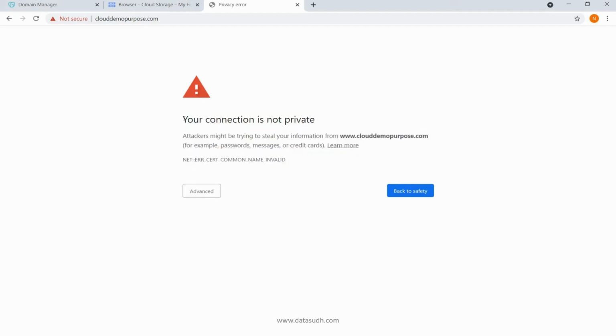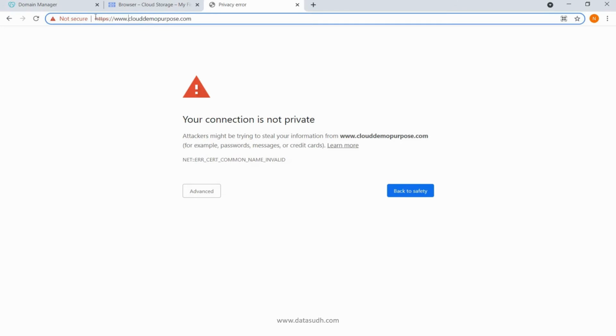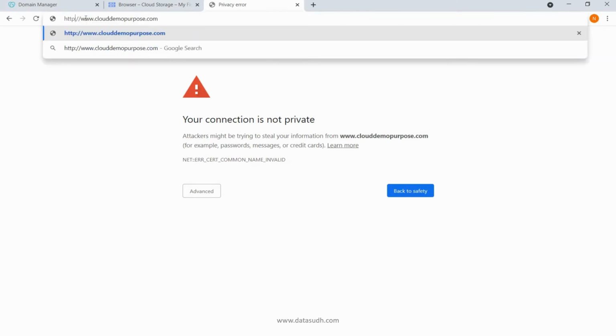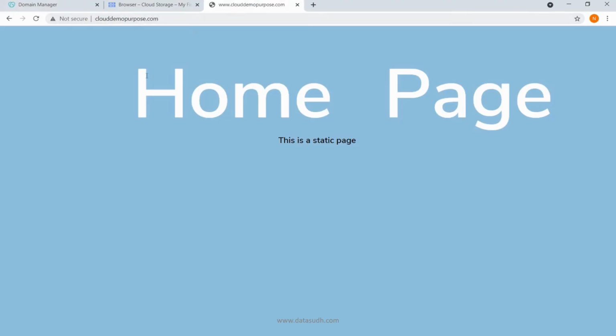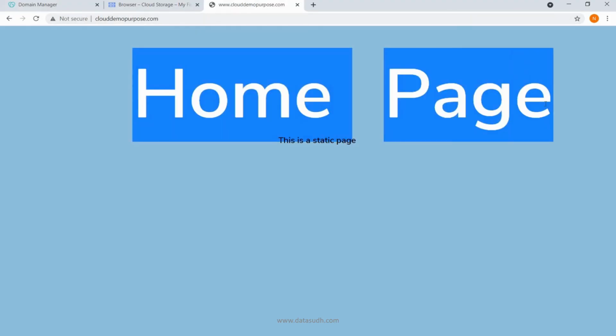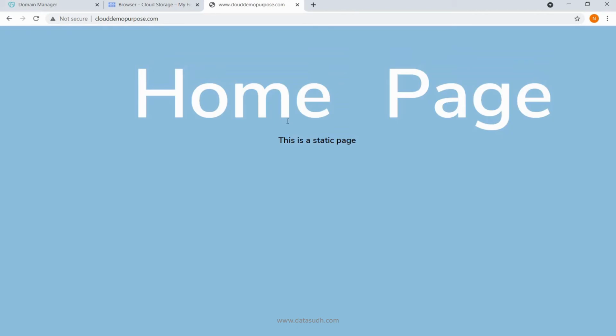This is coming because we have not set up this website for HTTPS. We have set up for HTTP but not for HTTPS. So if I change the URL again and try to access by HTTP, it is working for me. So now we will perform some additional steps so that the same website should work by HTTPS as well.